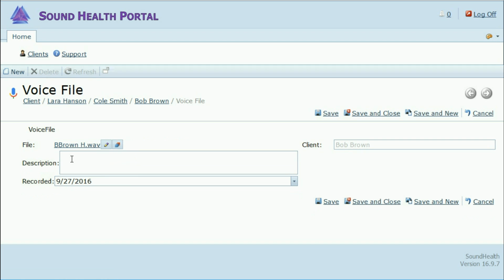If I leave this blank, when I save this, it'll create a description that is basically a duplication of the file's name. Yeah, I don't need to do that. I know it's Bob Brown because I'm in his folder, but I might want to see the word health as far as his first health file that I created. Now, the recorded date has to do with when this was recorded, and I'll show you how to fix this after I make a mistake. Obviously, this was not recorded today, but we'll go ahead and save and new